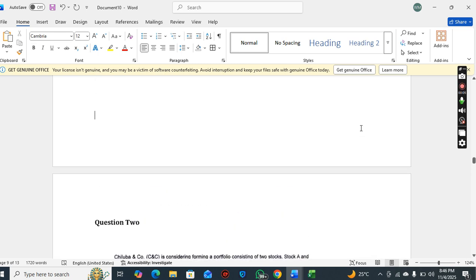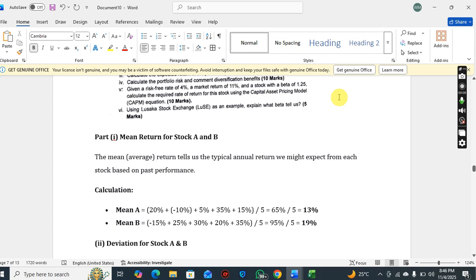This question here. Given a risk-free rate of 4%, a market return of 11%, and a stock with a beta of 1.25, calculate the required rate of return for this stock using